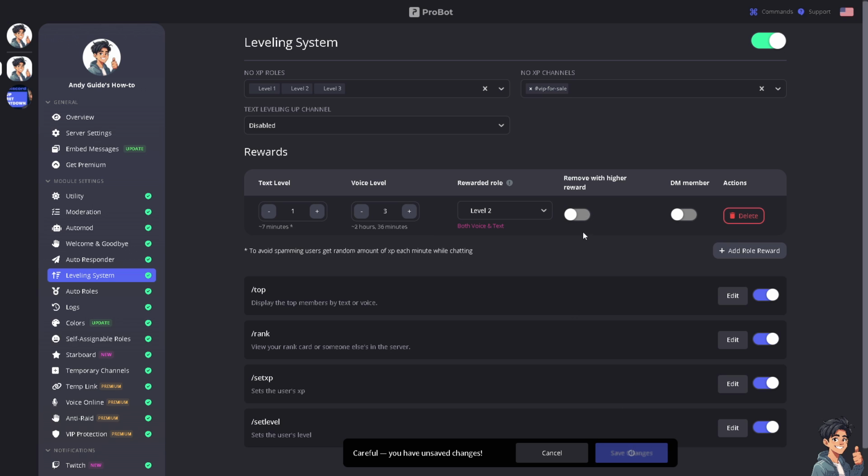Now, you can also have the option to remove with high reward or DM member. I must toggle that for now, so it's a lot easier for me to do it later in the server. And once you're happy with that, you can always delete all these options if you feel like it's no longer necessary within the server channels, all right? And again, you can always edit the display top members by text or voice, the rank, and XP and set level. Remember that to avoid spamming, users get a random amount of XP each minute while chatting. That's going to be a